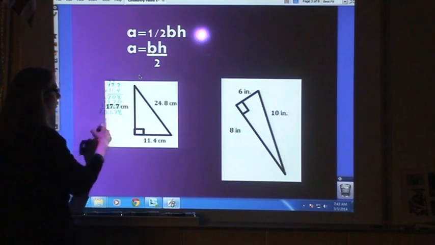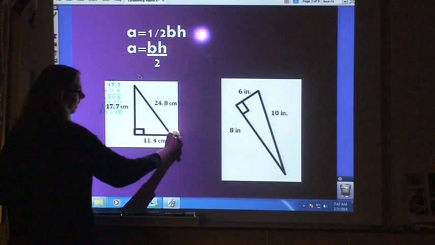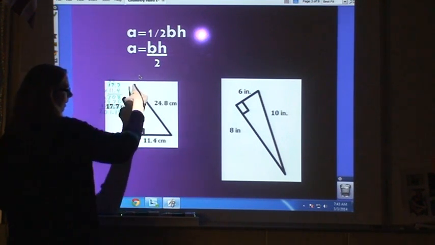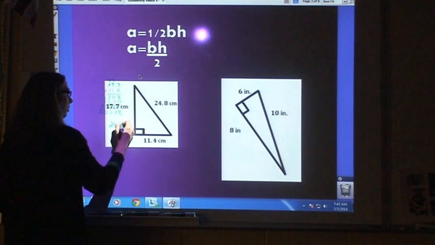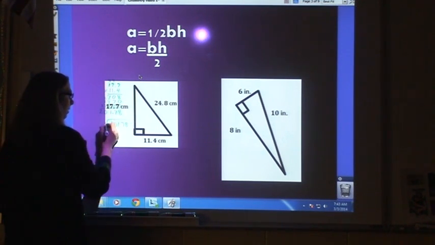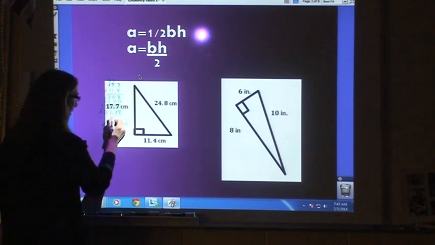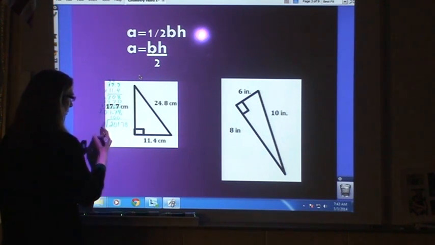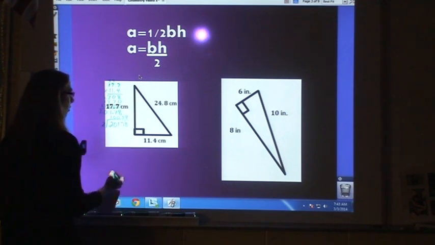And I have 201 and 78 hundredths, but that would be if I took the whole thing, because what I did was the base times the height. Now I'm going to take that and divide it by 2, because that's what my formula says to do. I want half of that parallelogram. I'm just going to use my shortcut way here. So I've got 139